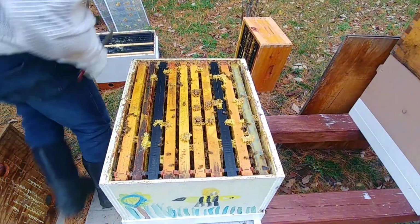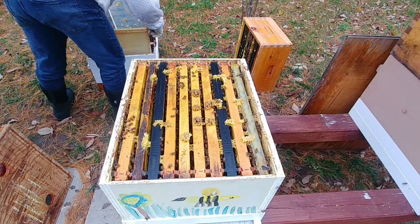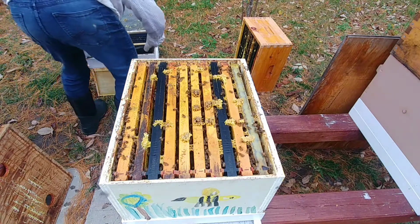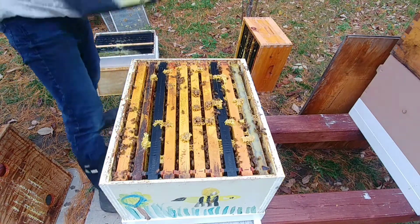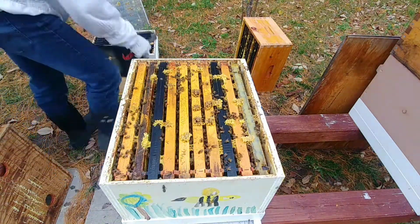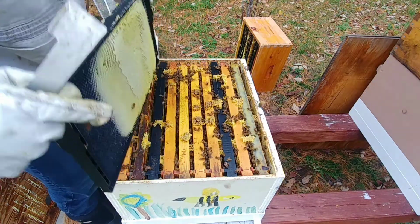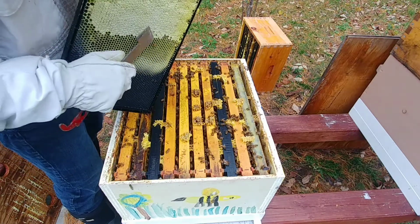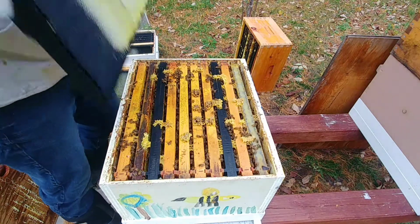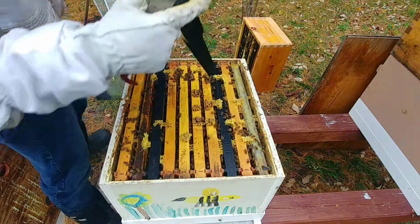I think what I'll do is I'll shake these bees out from this honey super right into this lower box here. Yeah, see, I mean, there's not much going on in that honey super because I stole full frames out of it when I made my splits. Full frames of nectar and drawn comb. One guy trying to sting me through my pants here, that's great. So they got them somewhat drawn out. I mean, there's still lots of honey there, but